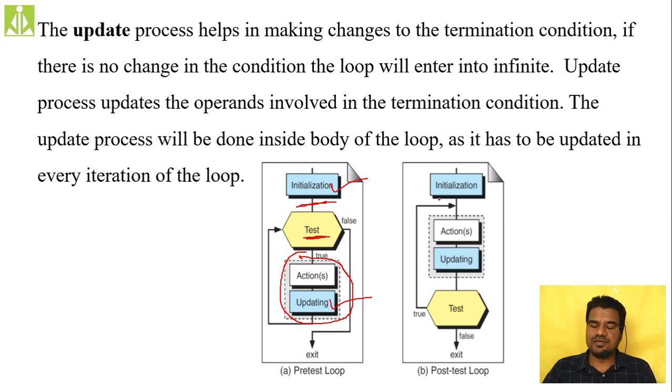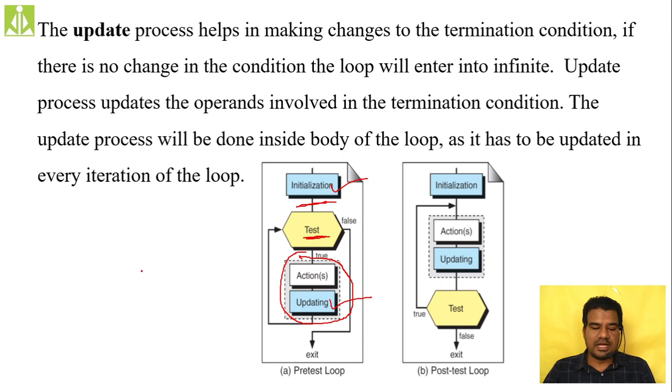In pre-test, before the body of the loop we do initialization, and then we frame the condition, and then inside the body we do updation. And in post-test loops, we do the initialization before the loop, and then we write the body of the loop, and finally the condition of the loop. Okay, so how will it deal with the case when the condition is false?